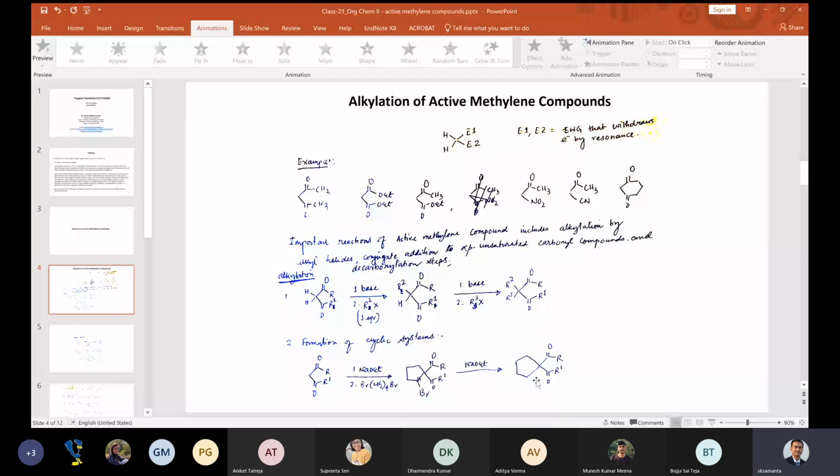So for that, you again take this active methylene compound, use sodium ethoxide, and you take a dibromide, in this case alkylene dibromide. Okay, so first base will pick up one proton from here. This negative charge will attack here. One of the bromines will be lost, so that you get this compound. Then again you take sodium ethoxide as a base, and another proton which is here will be picked up and attack this bromine center, so that you finally get this compound. Okay. So you can generate a cyclic system in this manner. Okay.